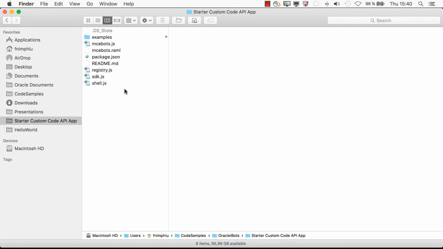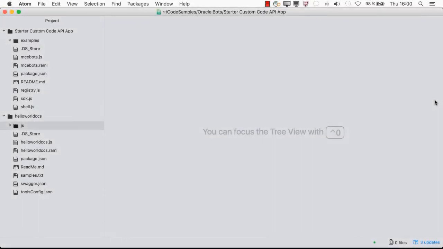I'm now opening my development environment of choice, which is Atom as a JavaScript editor. You can use whatever you want and pretty much do what I will show you next. And here I'm in the Atom JavaScript editor, and I have two folders displayed on the left hand side. So this is the project I'm going to build, my Hello World custom component service, and this is the start